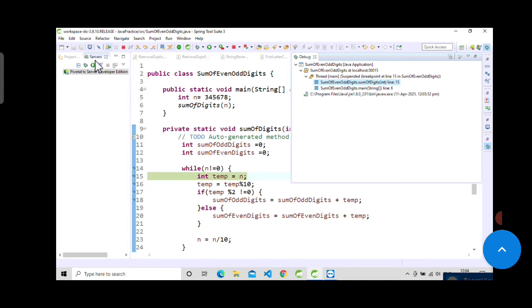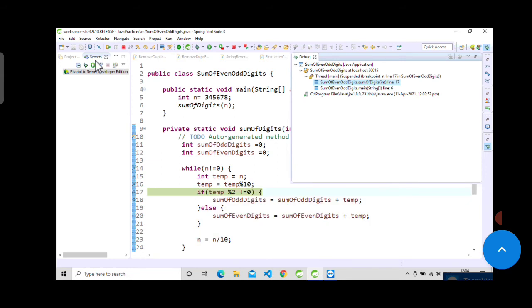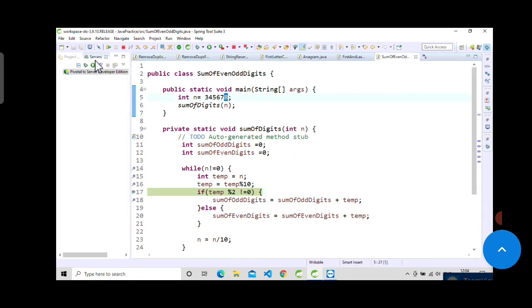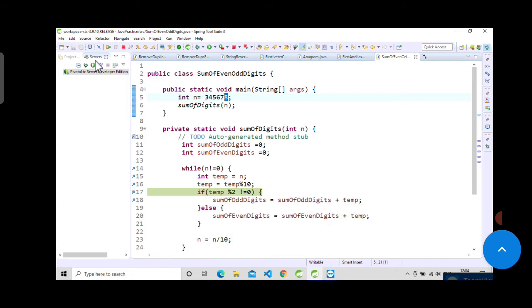Now we do the mod operation by 10, so the temp value will be 8. It takes the last digit. 8 divided by 2 returns remainder 0, so it is an even number and it will add temp to the sum of even digit.